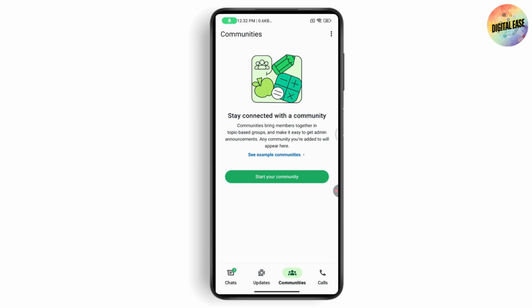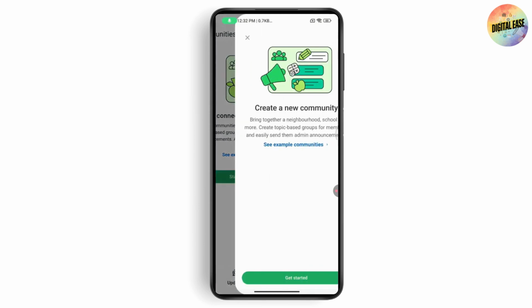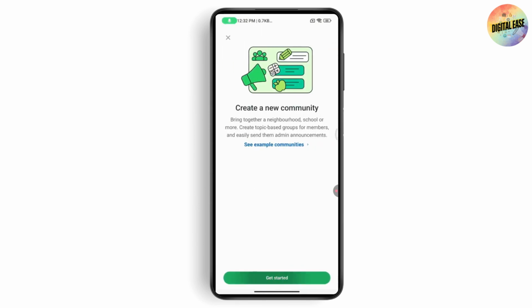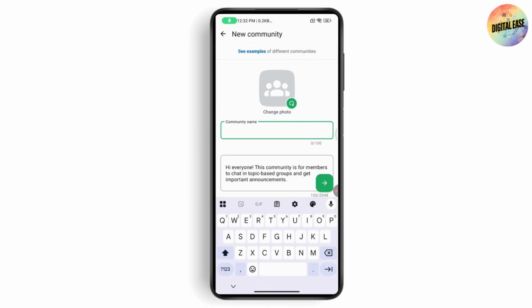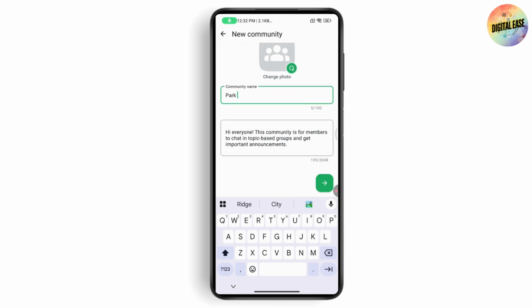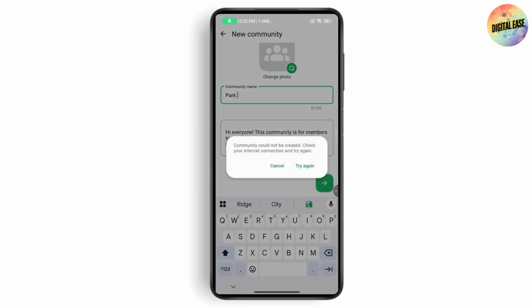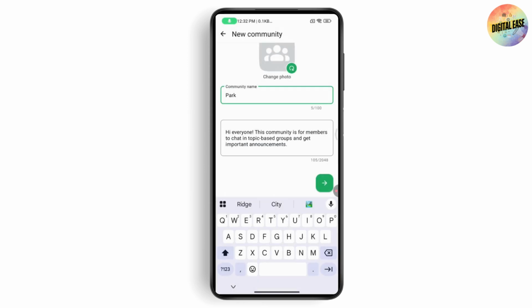So you need to just simply go with get started or start your community, and then tap on get started, which is on the bottom. And you need to enter the community name. Like for example, I'll just simply go with park, and then you need to go with the arrow, and it says that you need to check your internet connection. So make sure that you have a stable internet connection,